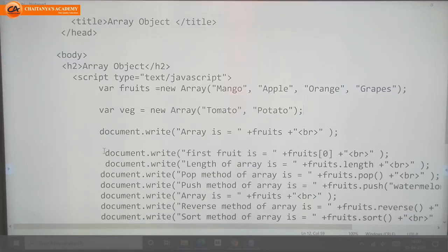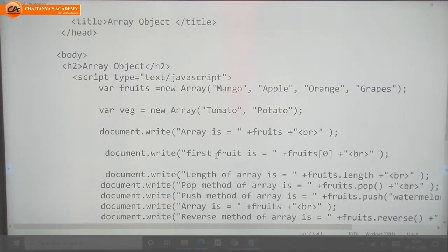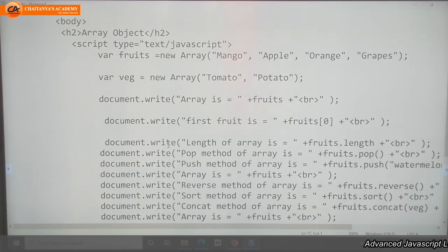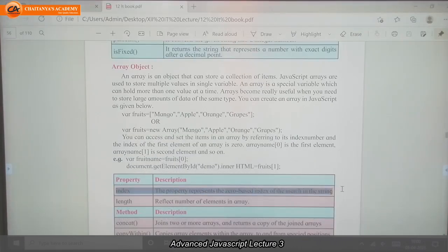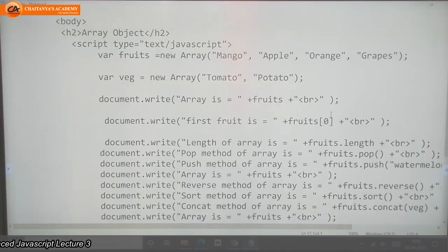Next, the second line of code is for property index. If I want to return the zero number element from the array, then how can I write the code? fruits[0].